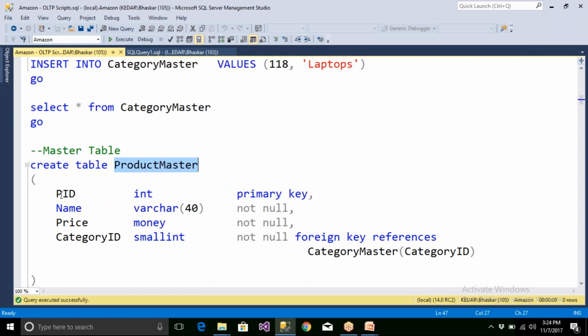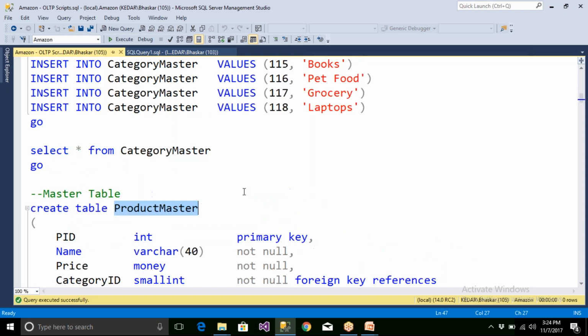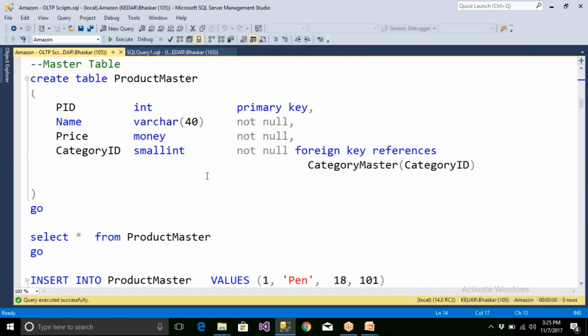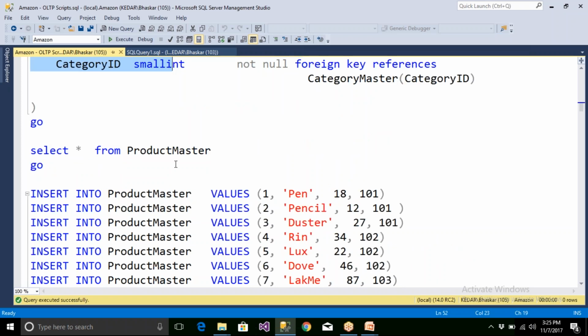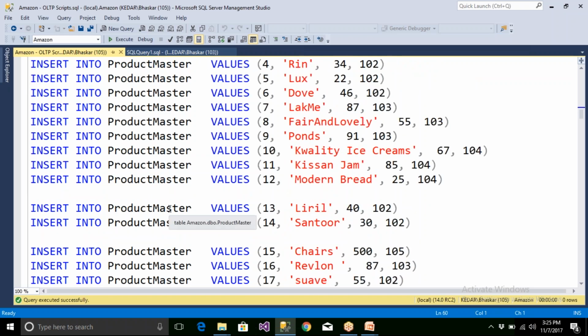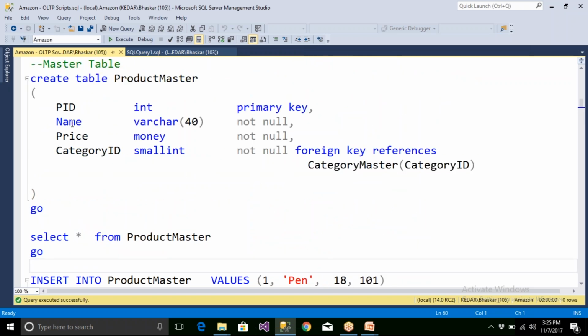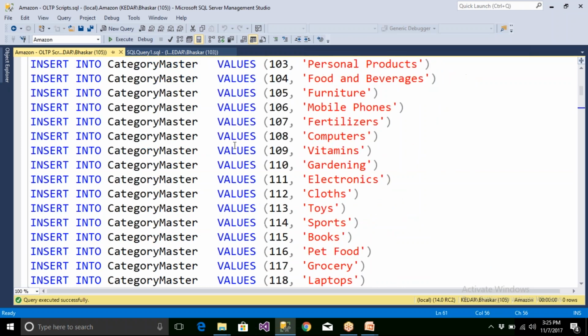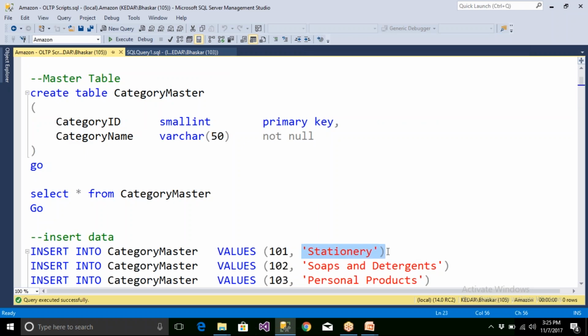Here I have product name, product price and category ID. The primary key of this table is the foreign key in the other, and both of them are linked. Then I'm also inserting this data here. The columns are product ID, name, price, and category ID. So pen is 18 rupees and 101, and 101 is the category called stationery.